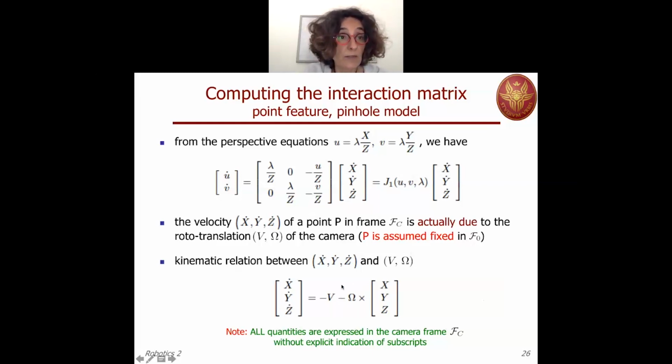This relative velocity between the point and the camera is due to the translational velocity of the camera and the rotational motion of the camera as well. Okay, so this is a classical kinematic relationship, and we use this relationship between the velocity of P in the camera frame